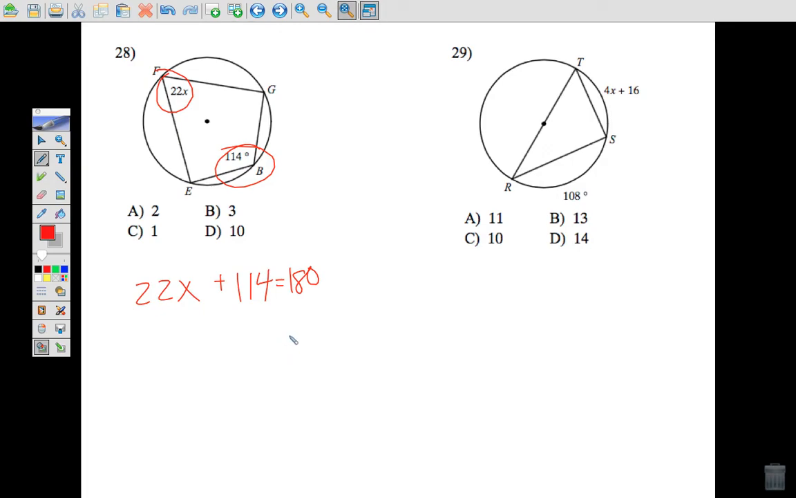On this one, because this is a diameter, let me highlight it and put a little arrow to it and then write diameter. Oh, good handwriting. That means that this is a